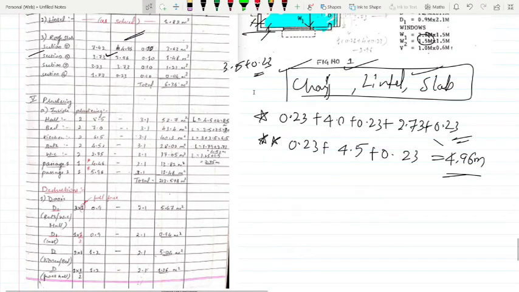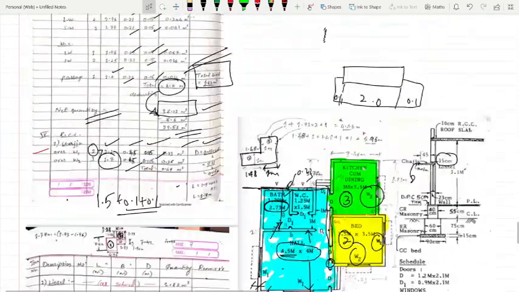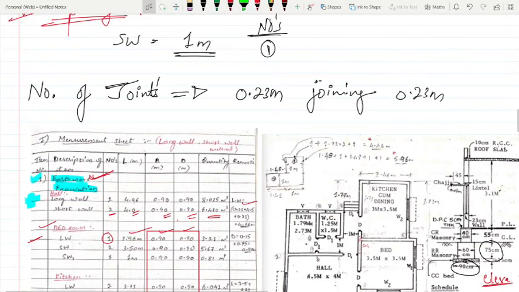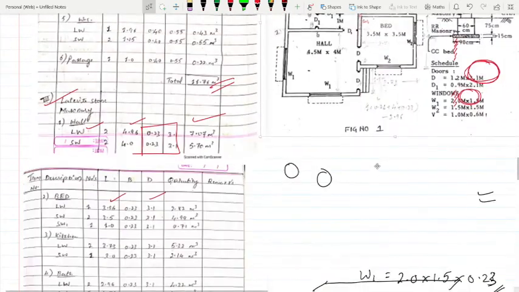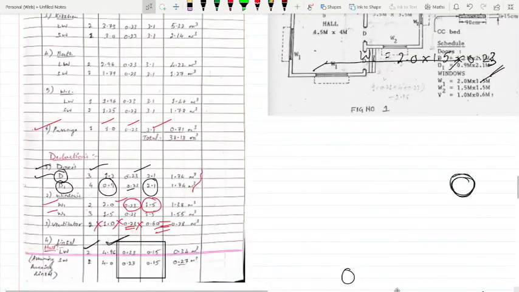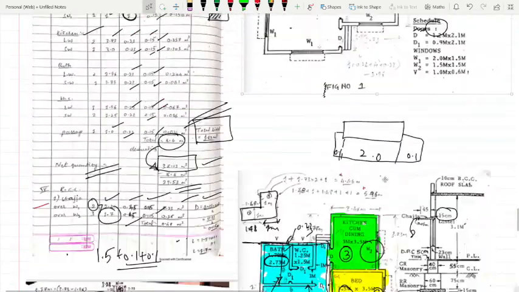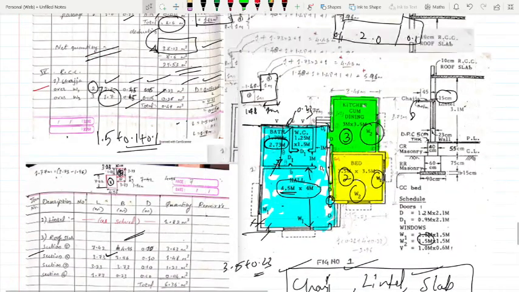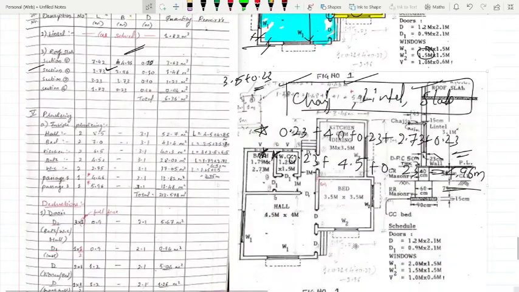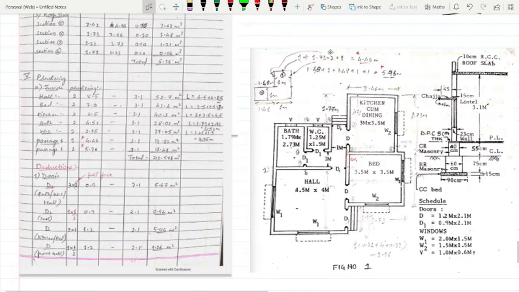Plastering quantity deductions. So this is the last. Yes.